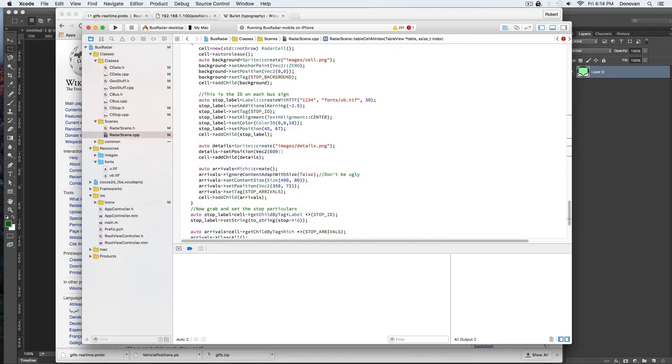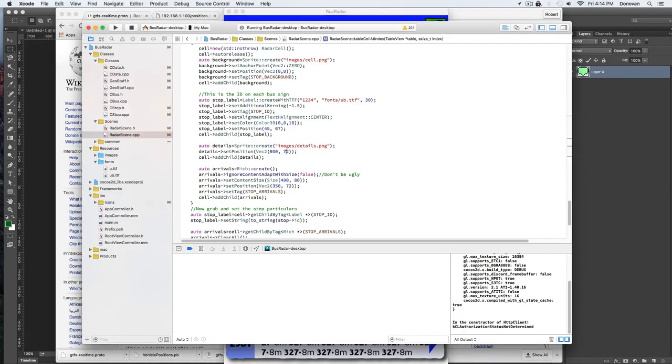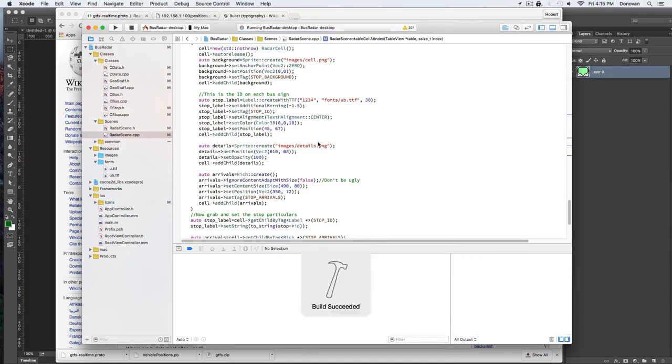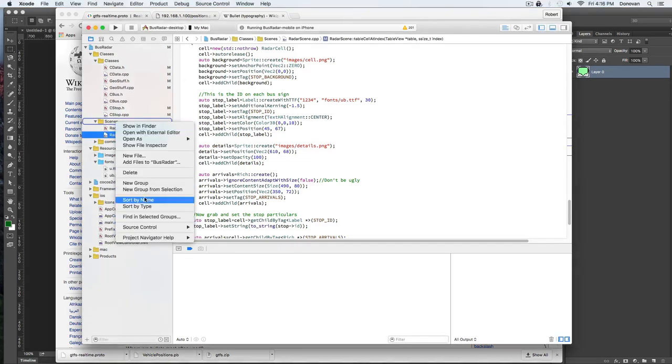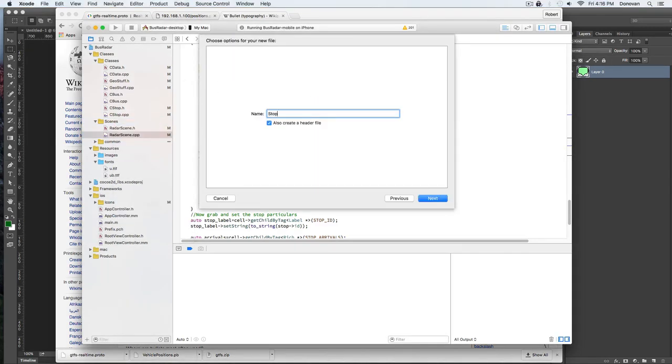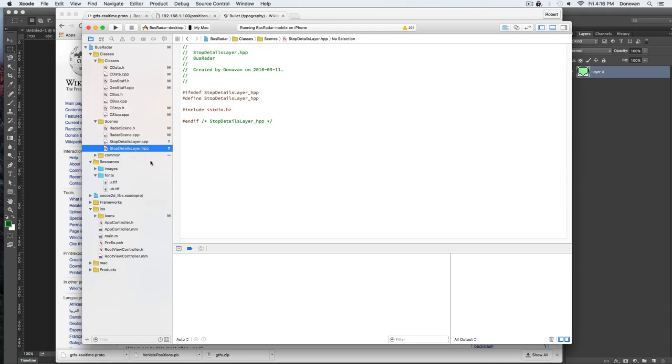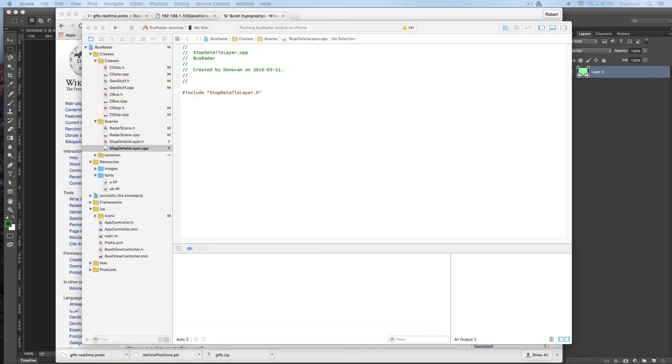So if a bus is about, if we've just missed a bus, it'll be red. If it's about to get there, it's green, and it'll be black if it's going to be a while. And so now we need the little details button, and that's going to bring us the details on that stop. And so we need a details layer,